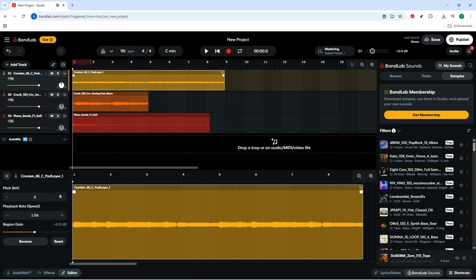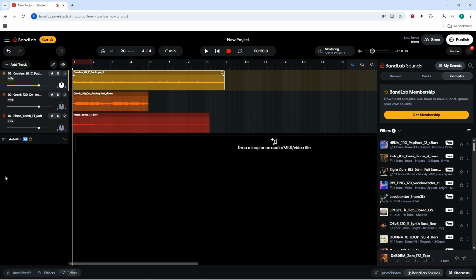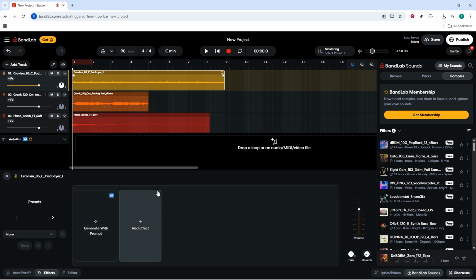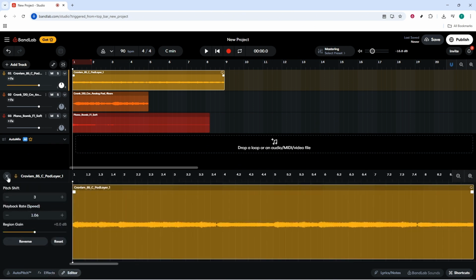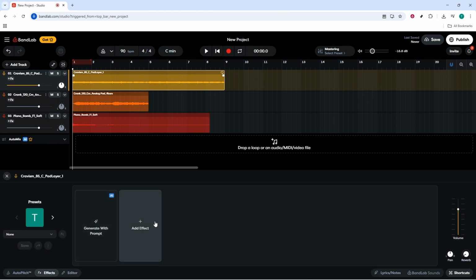Add plenty of reverb to this melodic track to help it sit inside the atmosphere rather than on top of it. Now shape the space with gentle effects. Start with reverb. Try a large hall or plate to create depth. Increase the decay time and wet mix until the sound feels spacious, but pull back if it starts to wash